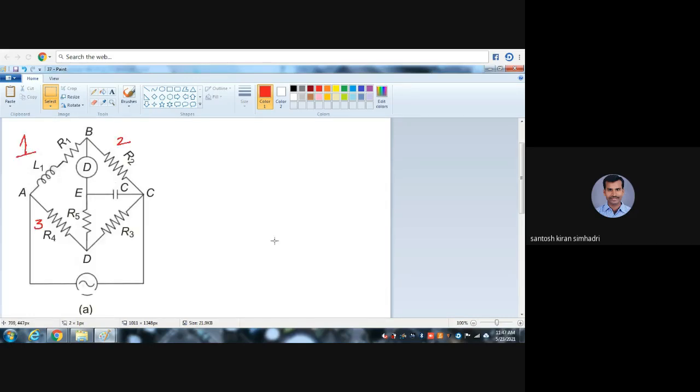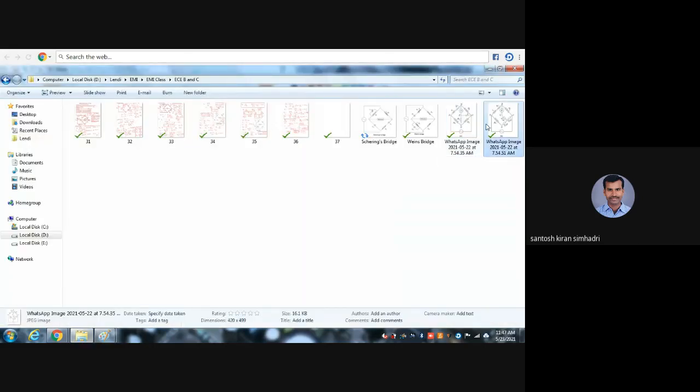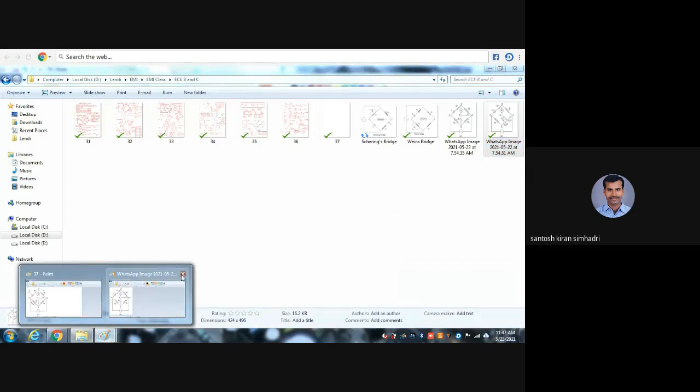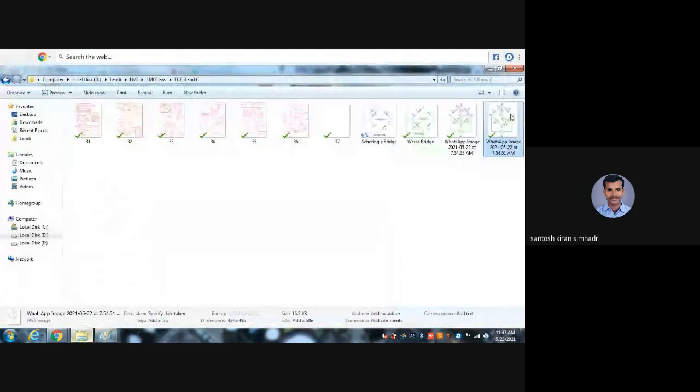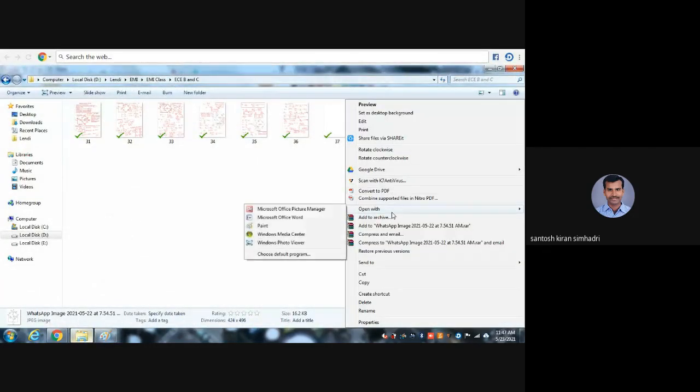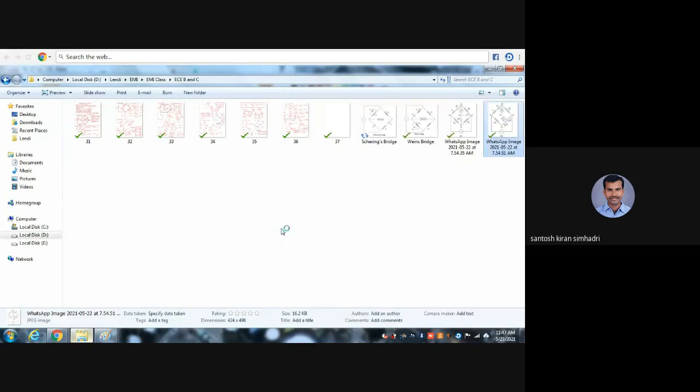Actually, there are two circuit diagrams. The same concept is also applied, and the bridge balanced condition we can apply. I will copy another circuit diagram. This is the modified circuit diagram. In the fourth arm we can split into a further circuit, so I will neatly draw this in your original file.